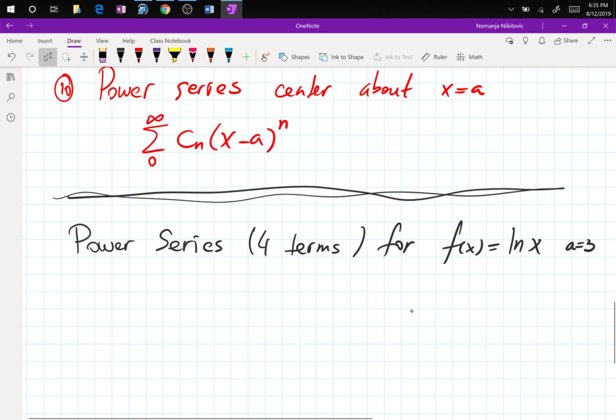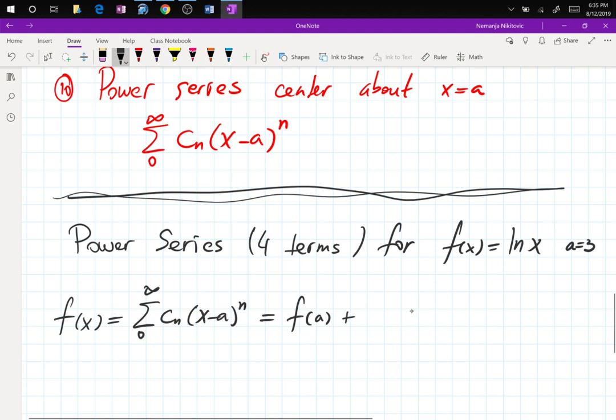So the power series f of x is going to be summation Cn x minus a to the n from 0 to infinity. The first term is just f of a because that's a zero derivative,